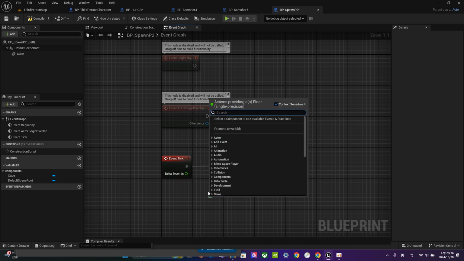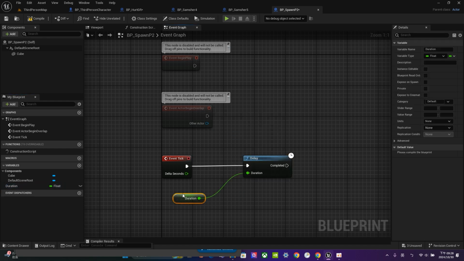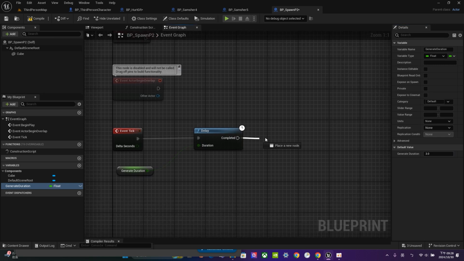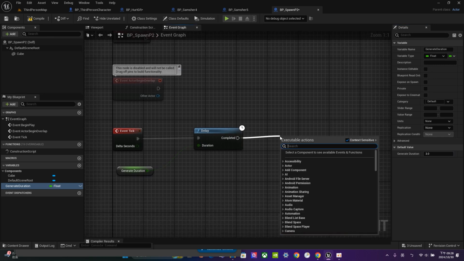Let's drag this one out and make this one become a variable. I think it will be better. So let's rename that, compile and save. Let's call this one generate duration. Compile and save. And for the generate time, for sure it can't be too short. So probably every 3 seconds is quite enough. So next part, let's drag and choose spawn actor